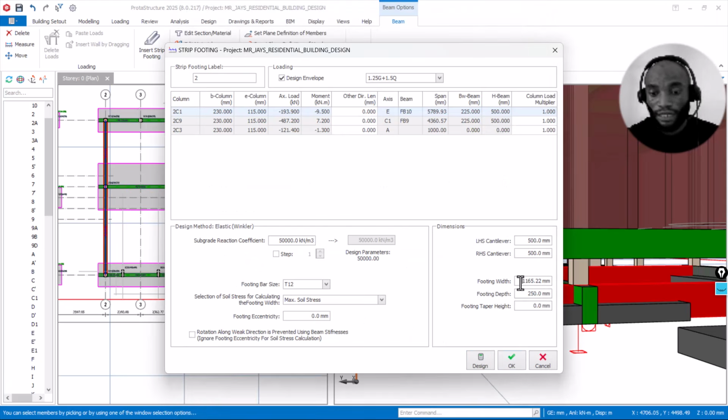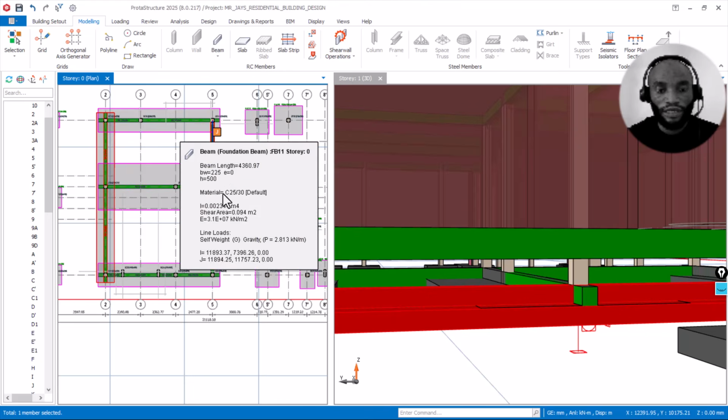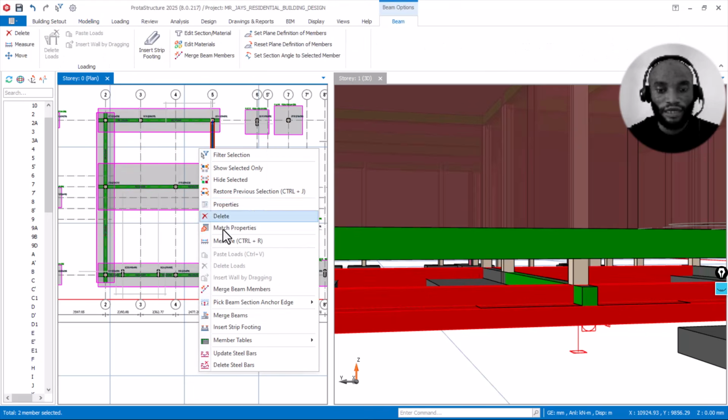It gives me 1001. I'll come here and put the maximum, I can say 1200. Okay, that is fine. Then I'll click OK here. I'll do this other one too. Click here and click here, click here and then say